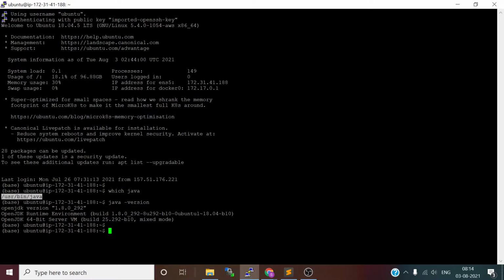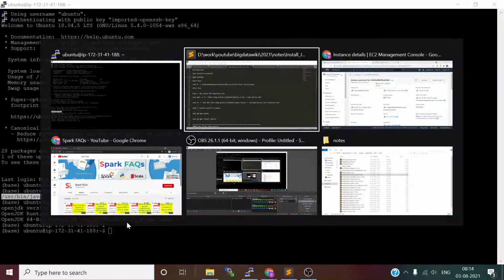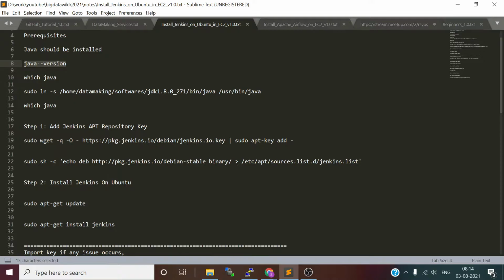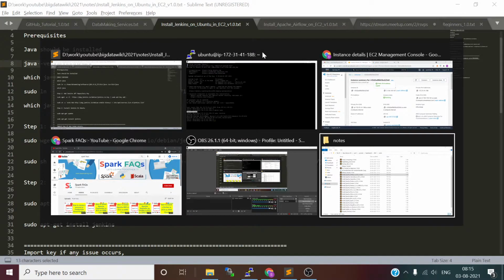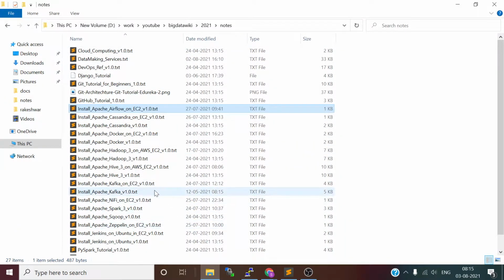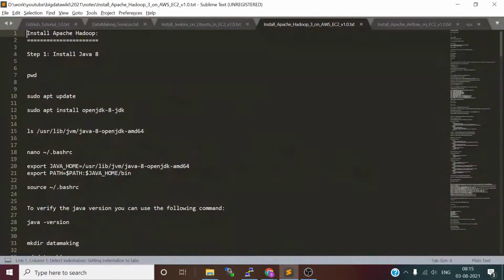At that location you can use this. Let me check where it is installed. I will show you. Okay, this is the location on which my Java is installed.